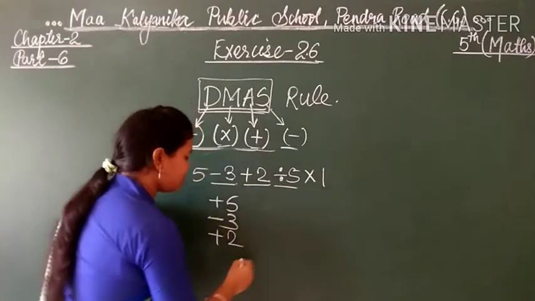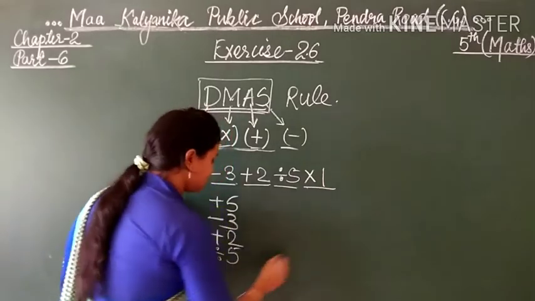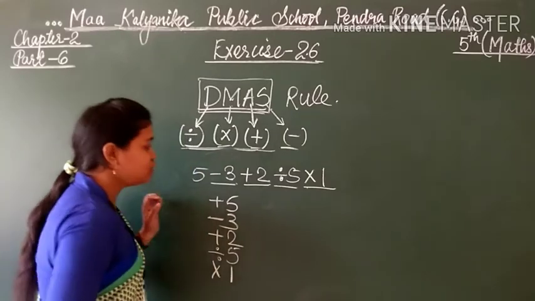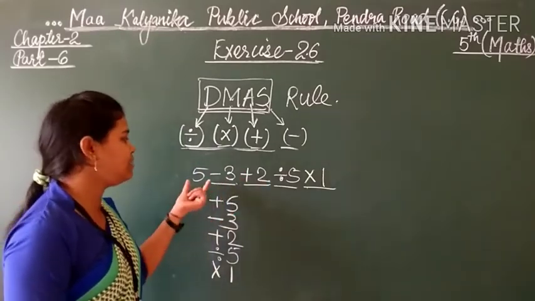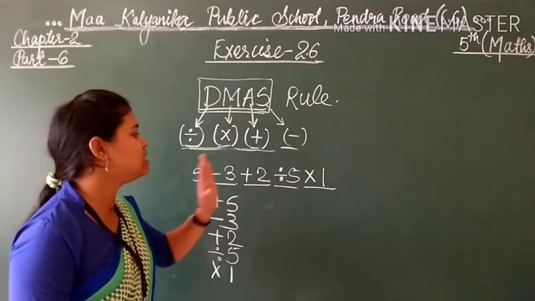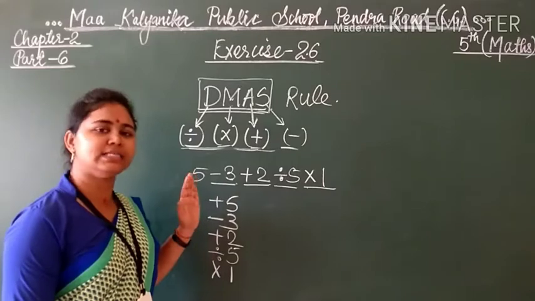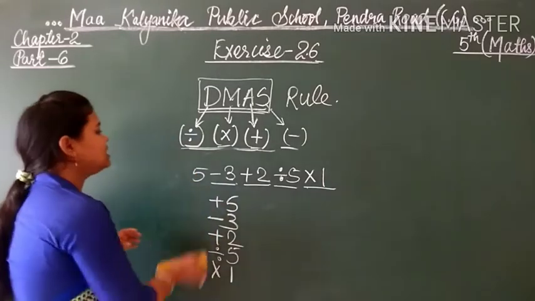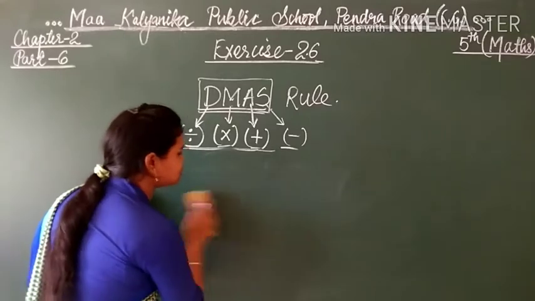The sign of 5 is divided by 5, and the sign of 1 is multiplied by 1. So you should know from the question first which sign belongs to which number. Simply, the number is given and before the number its sign is given. So students, now I think it will be very easy for you after understanding this.